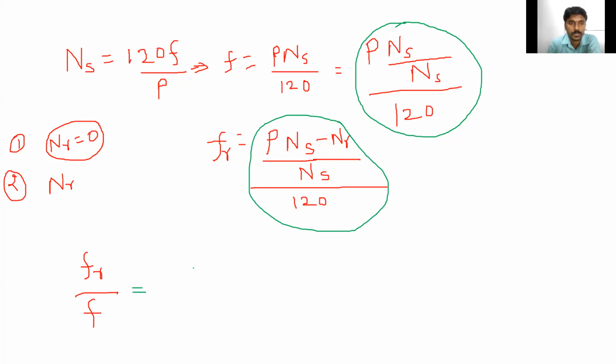Here also, we have the formula for rotor frequency, so substitute in this equation. What is it, therefore? P into (Ns minus Nr) upon by Ns, divided by 120. So the whole is divided by